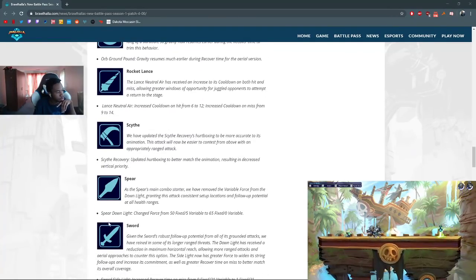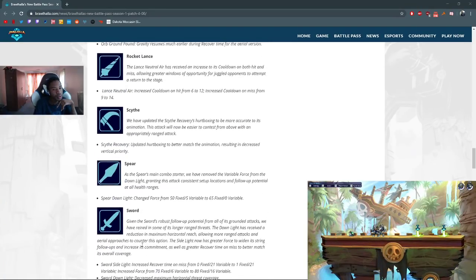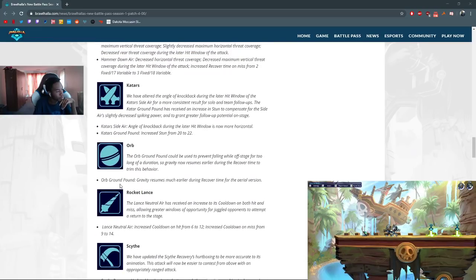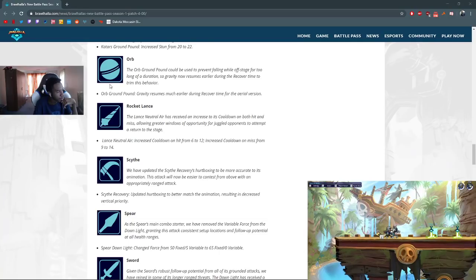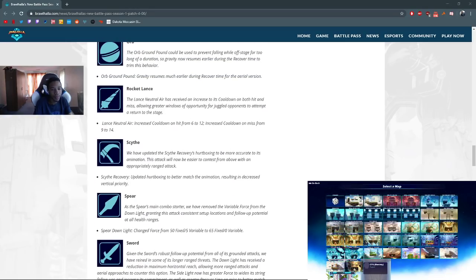I think I'm just going to save Sword and Cannon and do them together on that girl's name, the one with the water, I don't remember her name. Okay, Orb, Rocket Lance, Scythe. I need to put these together, but it's hard. We can do this one and then we'll do Orion for Scythe. Easy. Okay, so Fate,